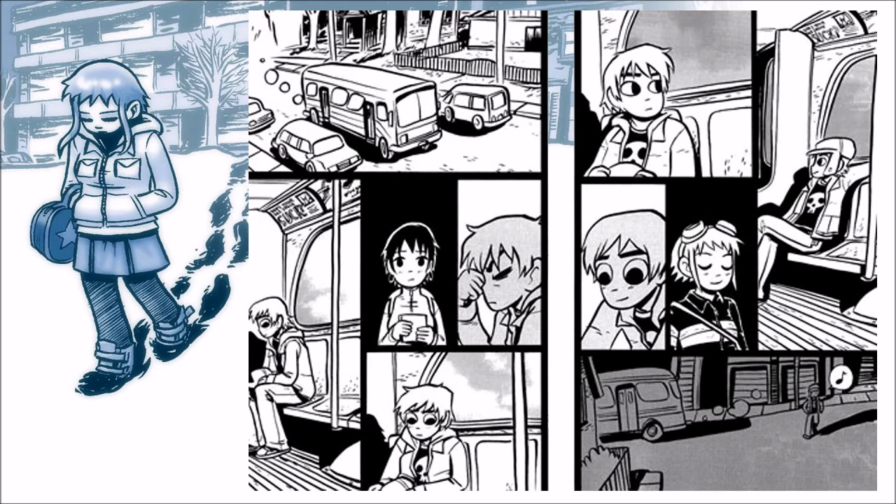Also, notice how the black space around them isn't really its own panel. One is implied, but really, the only panels are the ones that depict Scott on the bus. The images of Knives and Ramona exist outside of these demarcations for space and time, and thus they can easily appear as abstract concepts. These can be taken as the thoughts of Scott himself, or anything else really, due to